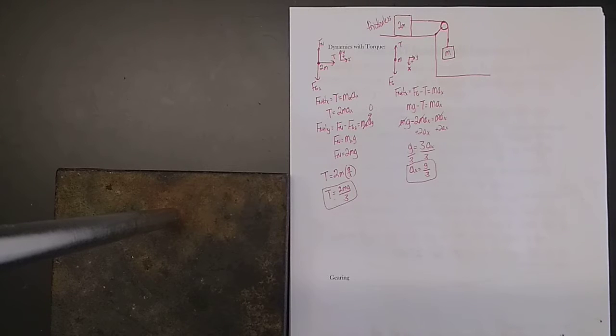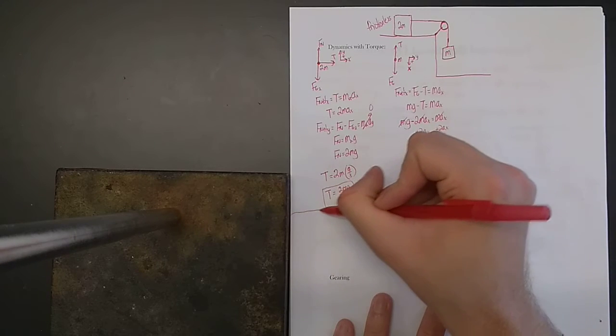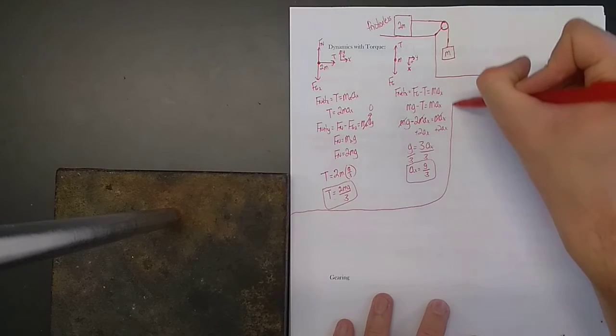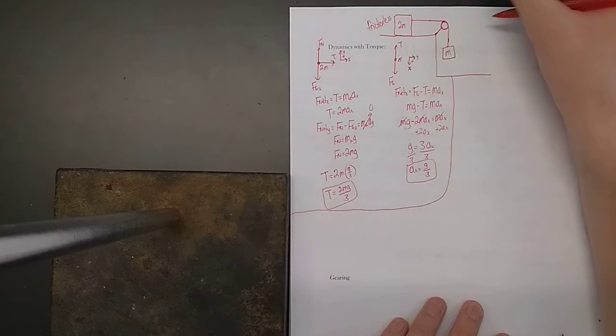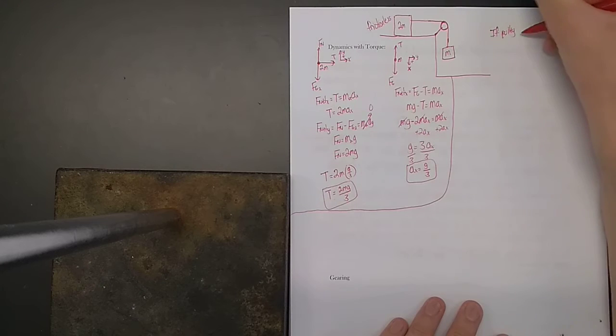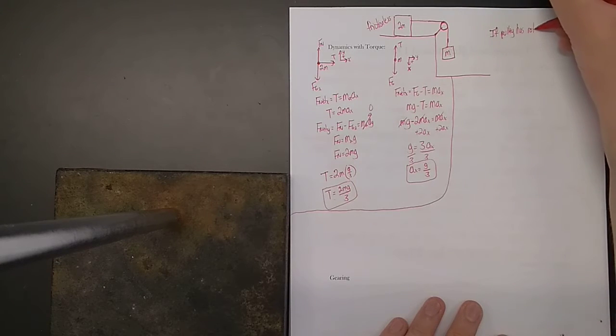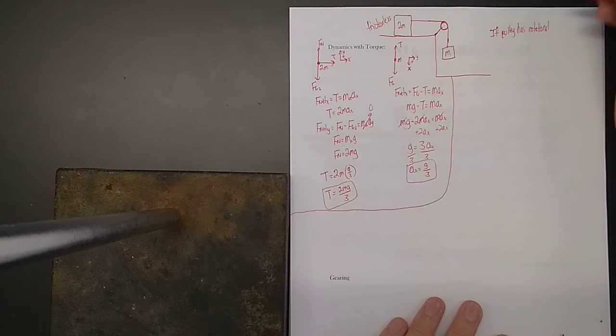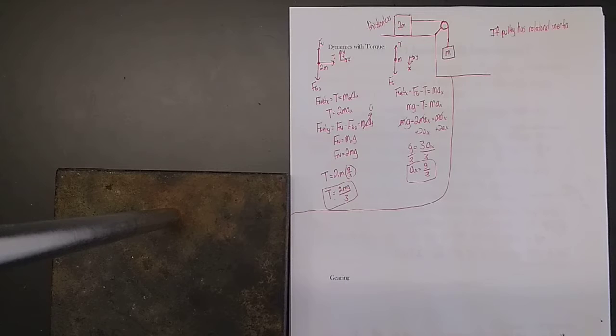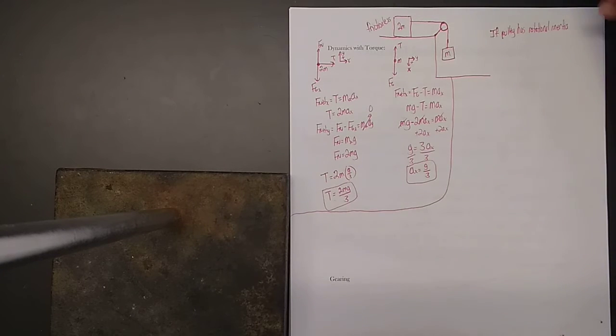However, there are some things that we assumed that wouldn't work in the real world, okay? I'm going to list those, and then we're going to do the analysis again, but with these factors involved. The first one, and the one that really is going to make a difference here, is that if the pulley has rotational inertia. Rotational inertia is just another word for moment of inertia. If it takes some torque to cause the pulley to rotate, in other words, if it has